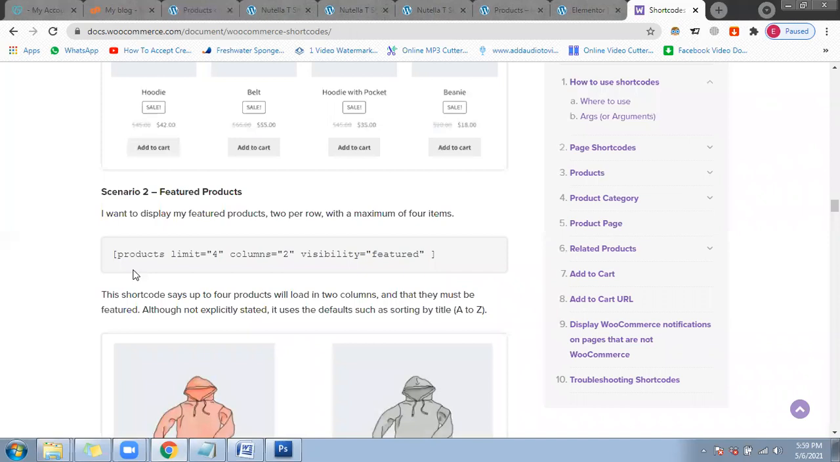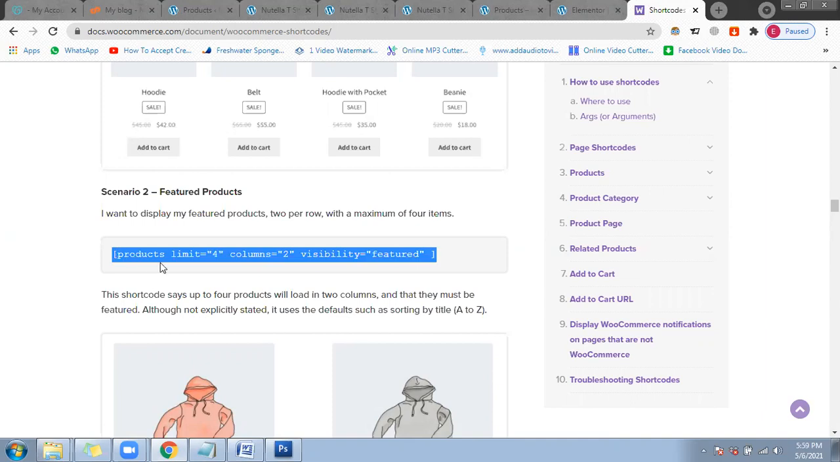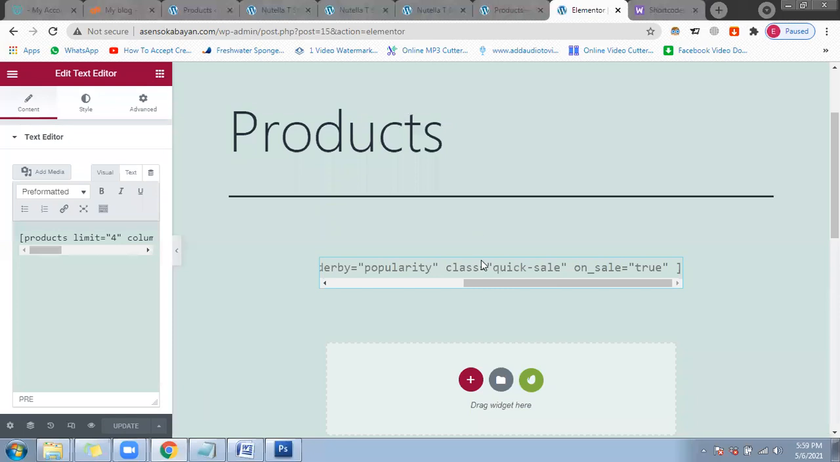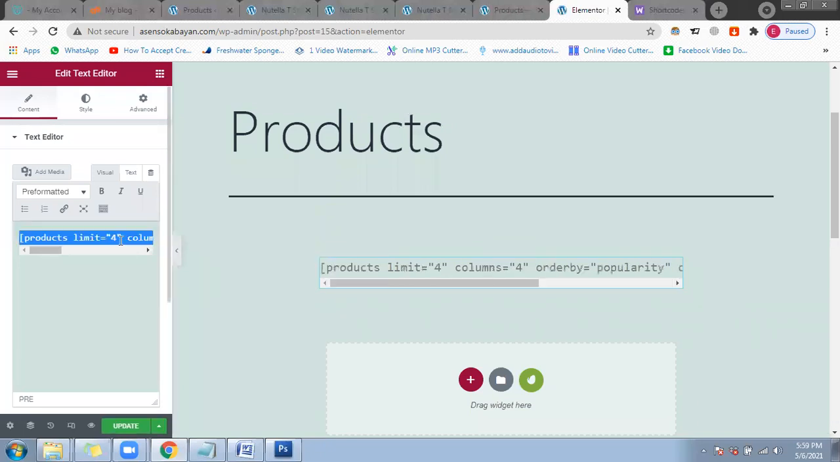So, I will display 4 products. Kasi limit lang into 4 into 2 columns, and ang visible niya lang is yung featured items. So, pag kinopy ko to, and then if I paste this here sa Elementor, I will just delete this, then